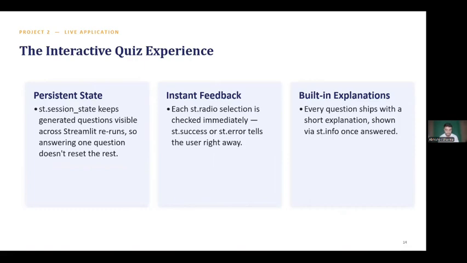So, persistent state. This is the important part here. Basically, Streamlit refreshes each time we interact with it. This creates a problem: every time I interacted, it displayed a new set of questions. For example, there are 10 questions and I selected option A. Whenever I select option A, the whole code reruns and a new set of questions gets generated. So to solve this,